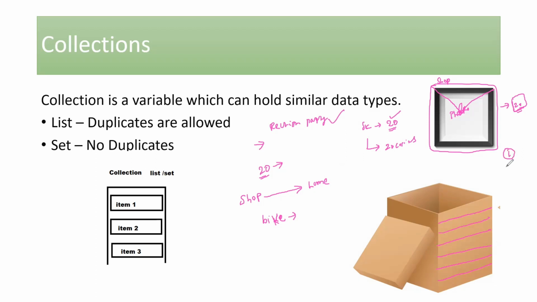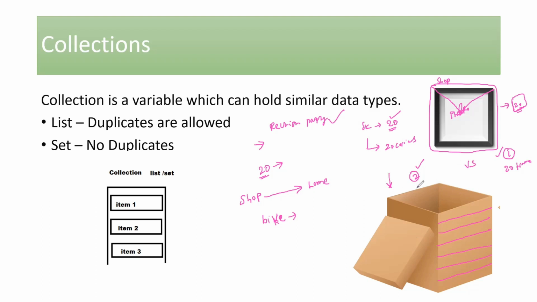Now, in scenario one, if I have to balance these 20 photo frames without a cardboard box, imagine the balancing act and the circus that I need to do. In scenario two, the shopkeeper has placed all the photo frames in a cardboard box and he has made sure that it is tied intact. Now, if I compare the circus that I need to do in option one and option two, the amount of circus that I need to do to carry these photo frames to my home would be very much less in this second scenario.